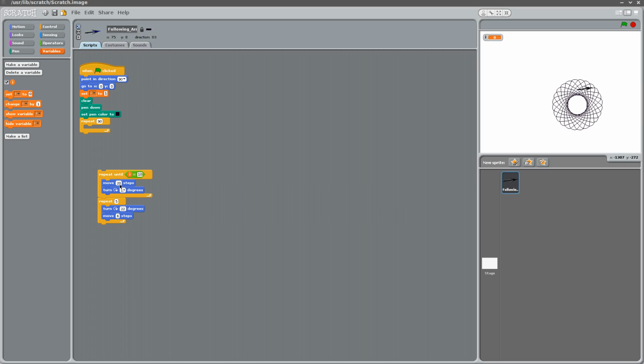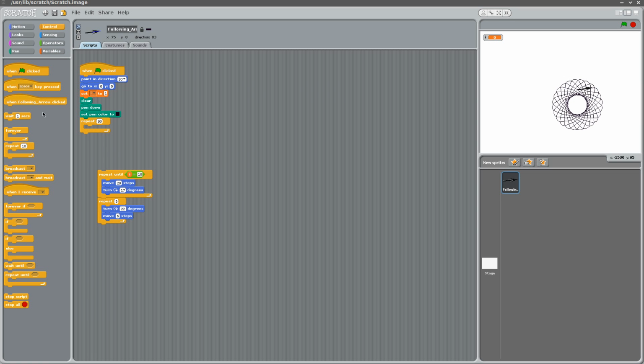So 20 steps, and now we'll put a conditional here. We'll put an if else inside here, and we're going to put the move over here. Actually, let me take the turning out of it, and I want to say, well, if I is at